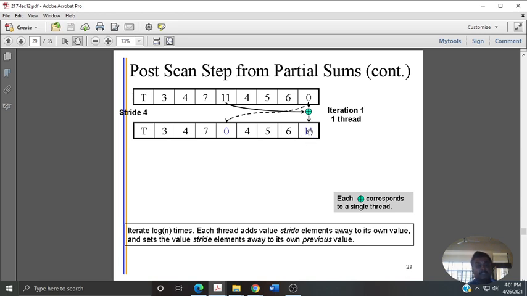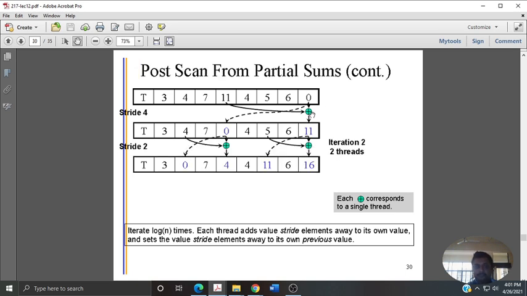So second stride, now the number of additions is to be doubled, so that instead of 4 elements apart, you start from the last. So the reduction element, whatever you are considering, that is passed one element apart, and whatever was there one element apart is being added to produce the final reduction.